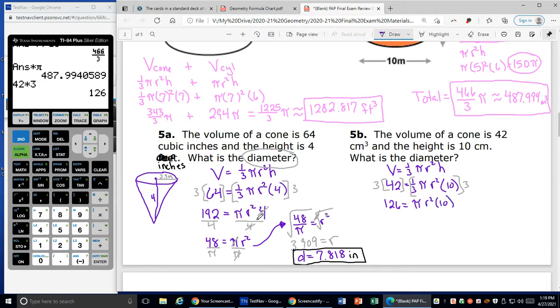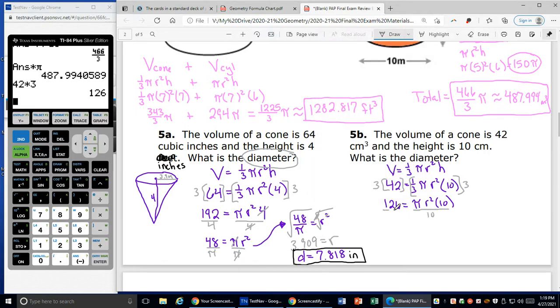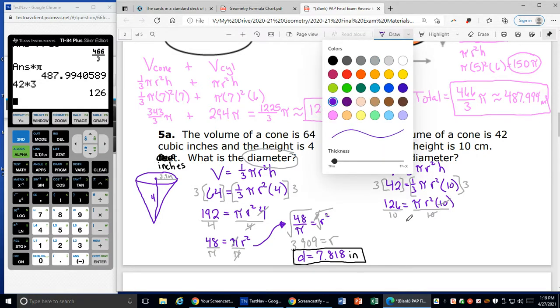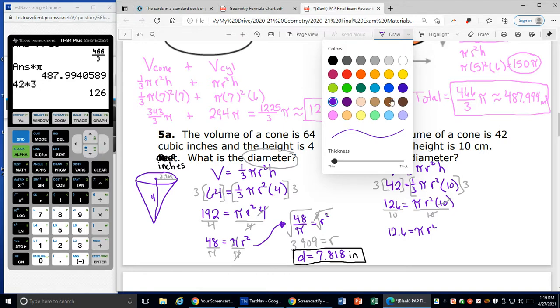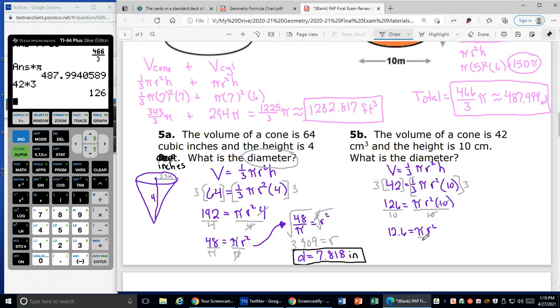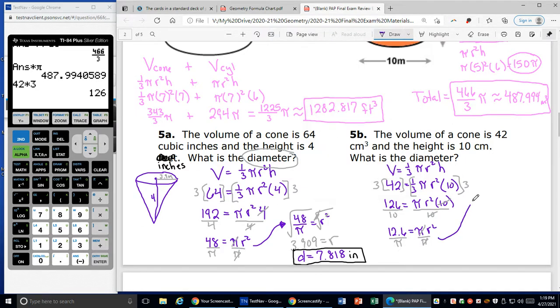Then I divided both sides by the 10 on the end here. So I'm going to do that. I'm going to divide both sides by the 10. So 126 divided by 10 is 12.6 equals pi r squared. Then I divided by pi over here, which gave me 12.6 divided by pi